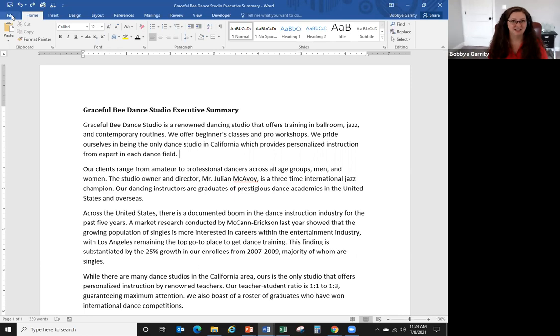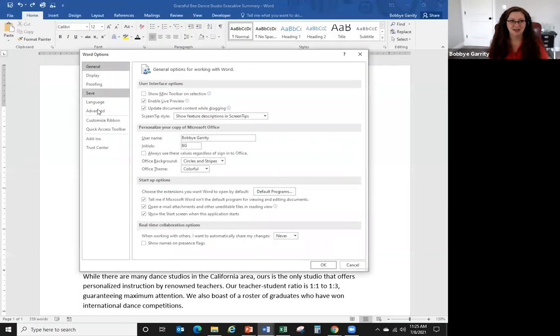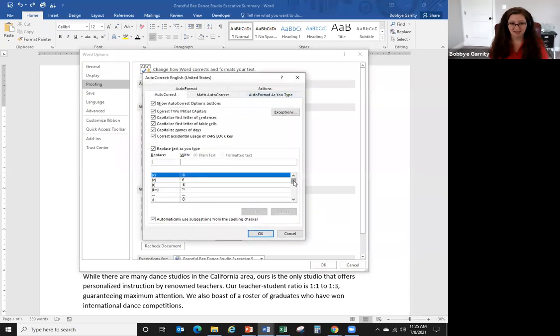It's behind the File tab, down to Options. File to Options. And in these categories on the left, I'm going to choose the proofing category, where you will indeed see your autocorrect options. And in that autocorrect options, it has all of that list of things that you misspell. Your computer fixes it for you. That's fine. The reason I'm showing it to you is because for years I've used this to my advantage